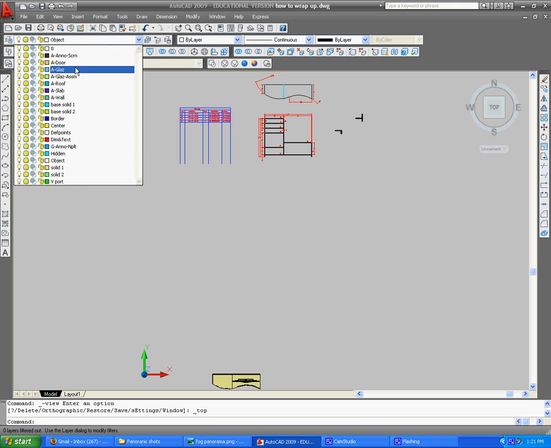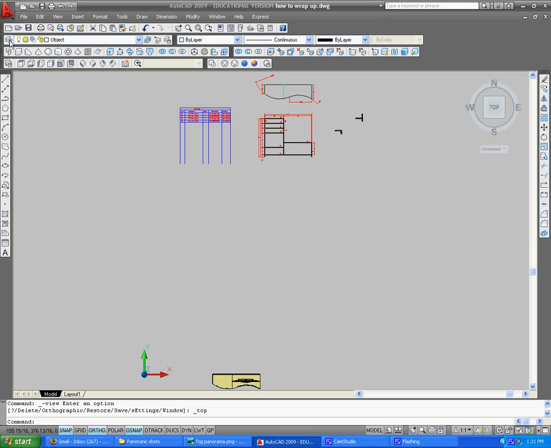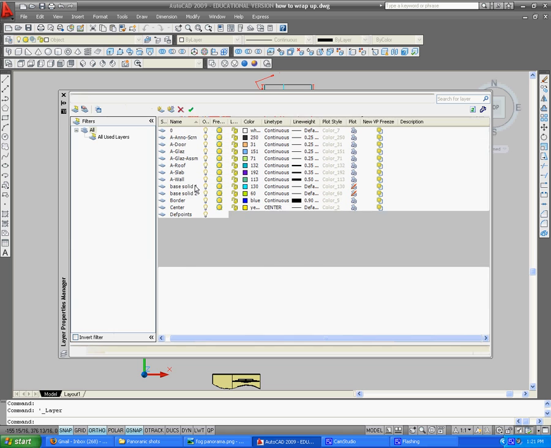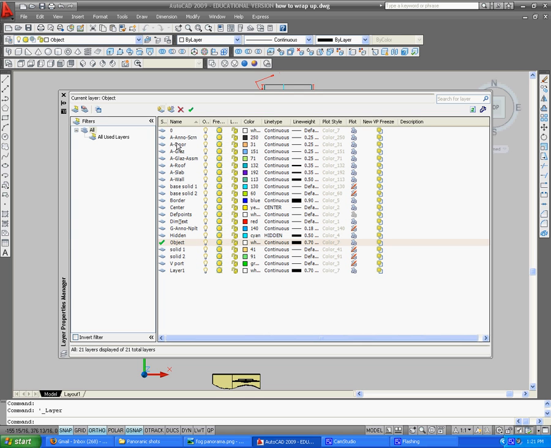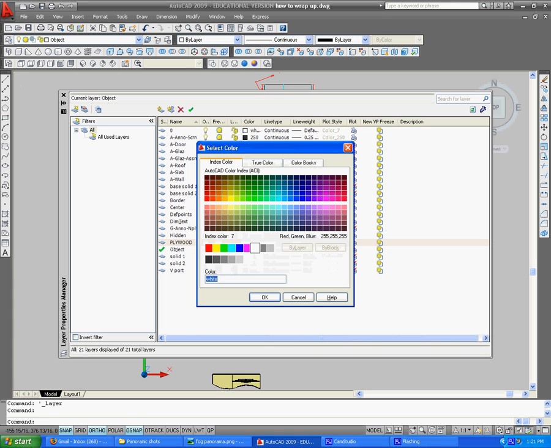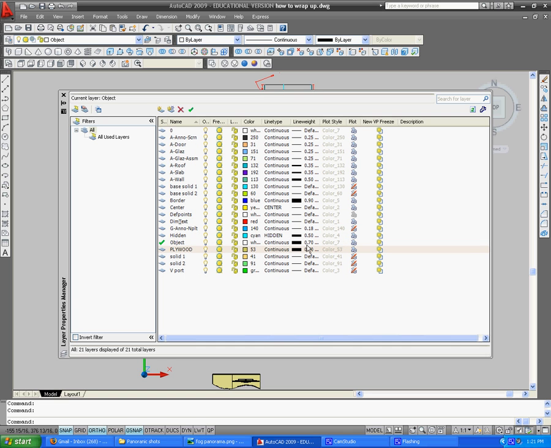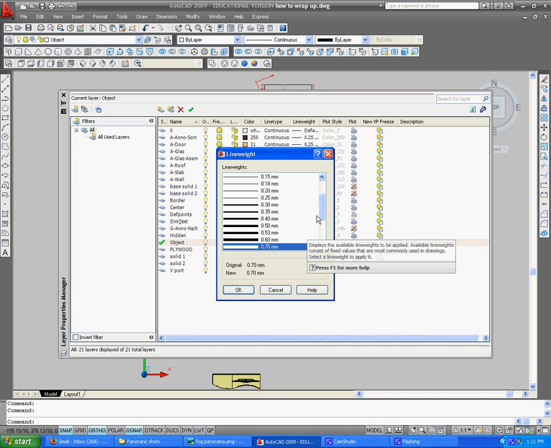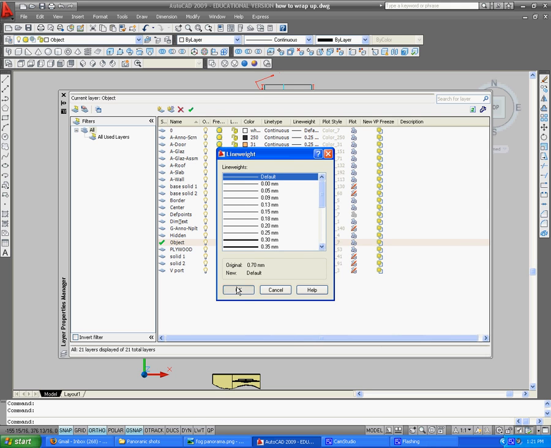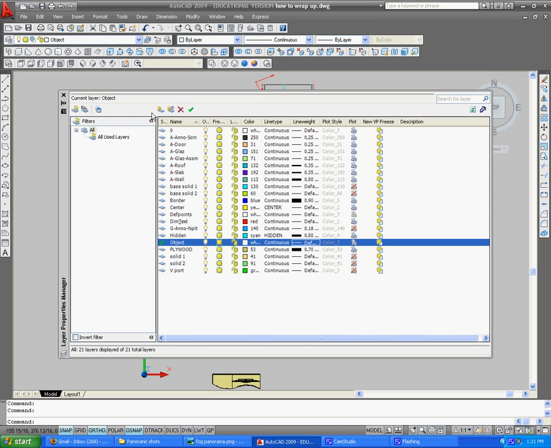If you don't have them already, you're going to need a couple of plywood layers. So you just go in here. It's very simple. You know how to add layers. That took a while. We'll add 2 layers. We'll name one plywood, and we'll go ahead and make it a color. Continuous. 0.7 is a little heavy. Make it super skinny, default. Make a new layer and call it